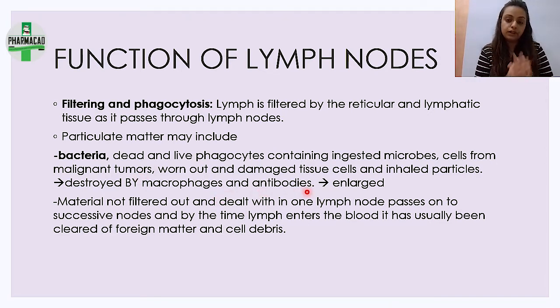In this process, you have to remember that in the body, wherever there is an active site, that site will enlarge because it has to do more work. If you do more weight lifting, ultimately that muscle will grow, and then you can flex it. Similarly, because the lymph node is working so hard in that area, it will become enlarged. This is quite important: enlargement of the lymph node is usually checked in any infection. If there is a throat infection, we check the lymph nodes here; if there is a pelvis infection, we check the inguinal lymph nodes, and so on and so forth.